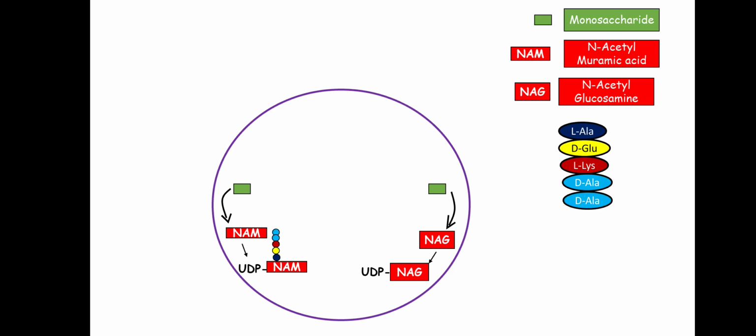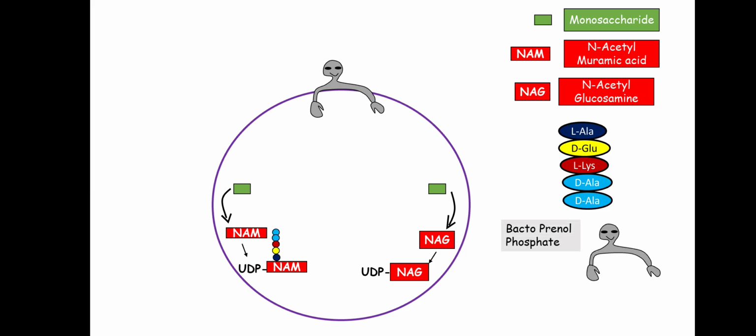NAM means N-acetyl muramic acid and NAG means N-acetyl glucosamine. Next, we activated it with the attachment of a UDP group plus the NAM sugar. To it we have attached a peptide chain which consists of 5 amino acids. Next, the bacterial cytoplasmic membrane has an important protein, and the name of this